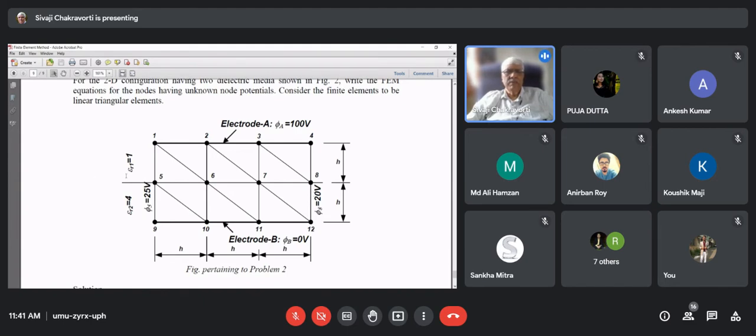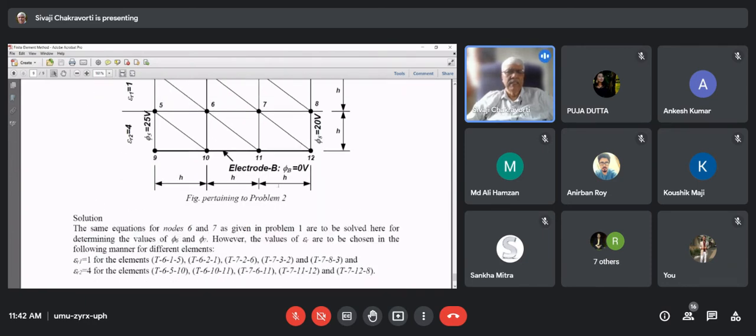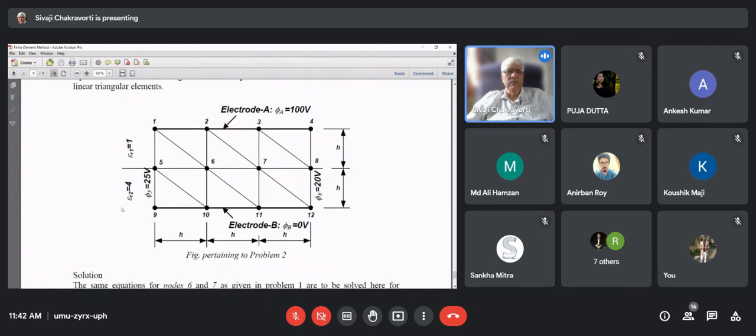Then above this boundary on the top, we have air, let's say epsilon r1 is 1. Below this boundary, I have epsilon r2 as 4. So this is my configuration. So what I do is, once again, you can see here, I have written for the elements triangle 615. Where is the triangle 615? Here, my mouse is moving. 615, this is a triangle.